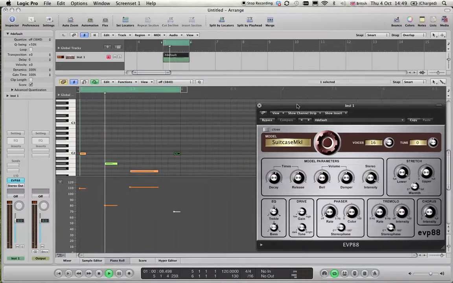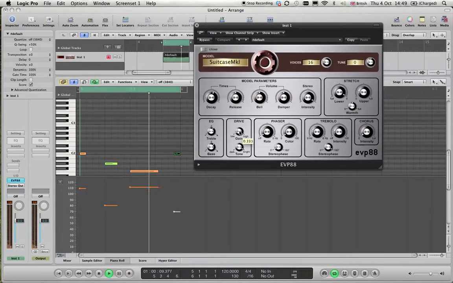Here we are. What controls have we got? Let's increase the drive. Let's make it a bit darker. Put a bit of a phaser on it. Give it a stereo phase. Give it some tremolo. Put the chorus effect on. Make it brighter again, it's a bit muddy now. Increase the bell effect in the sound,